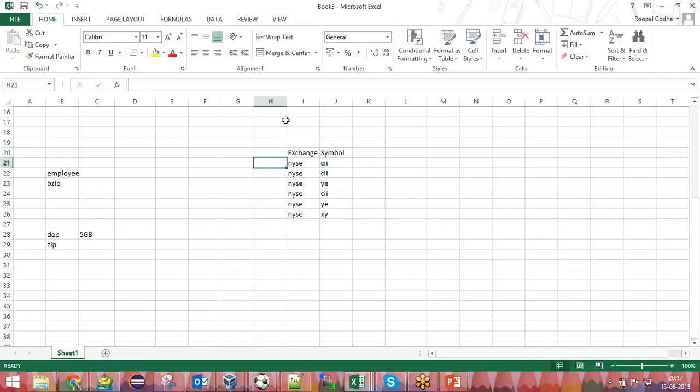Symbol. So this is your daily I have created on this file. What I said is group daily on stock. So group daily on this thing. So an output would look something like this, CII, and